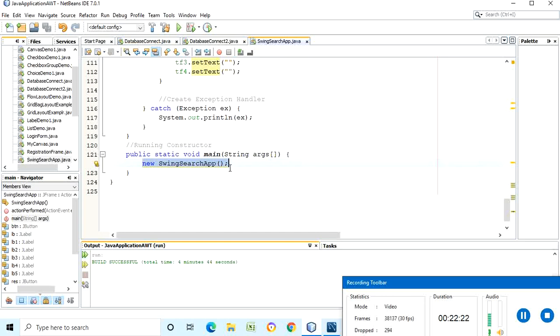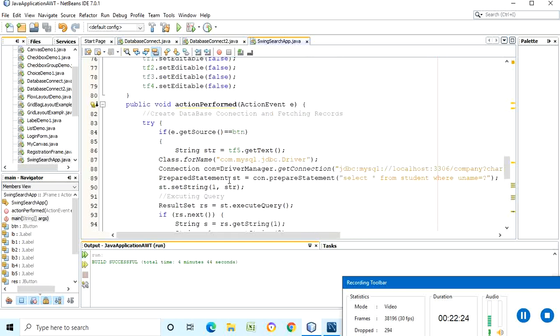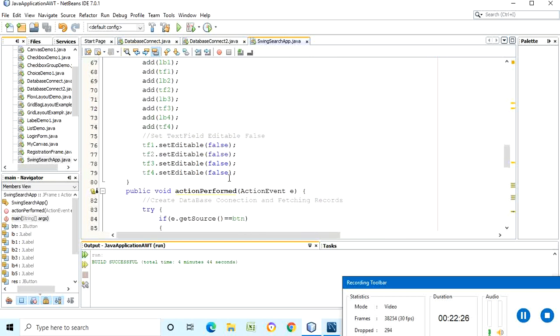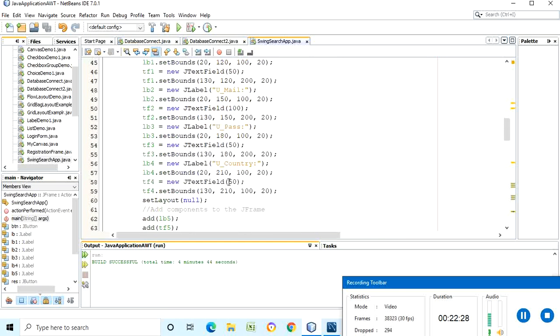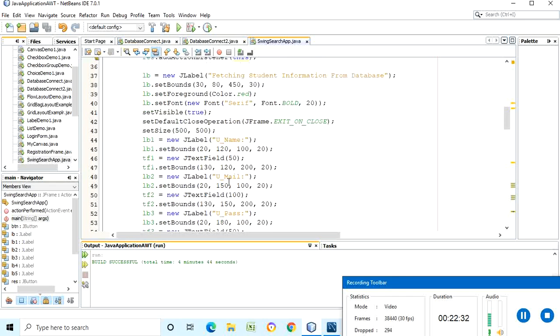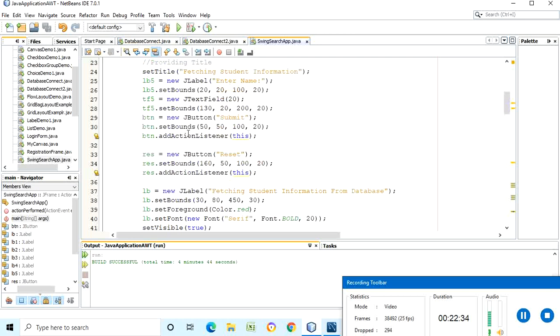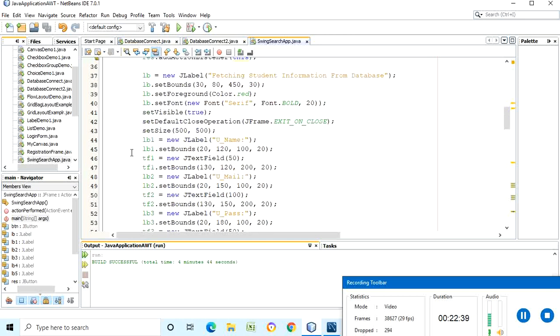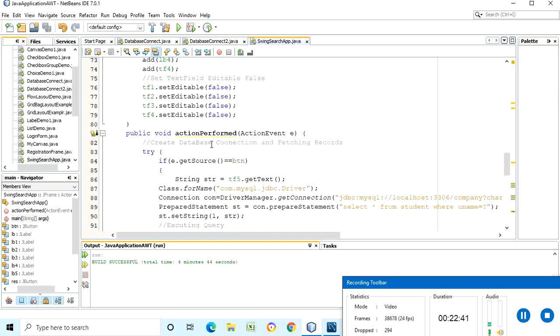Once you call the constructor, memory allocation is performed, and when the user clicks on the submit button, the addActionListener method is called. Internally we go to the actionPerformed method. We are not actually calling the actionPerformed method; it is internally called by the listener.